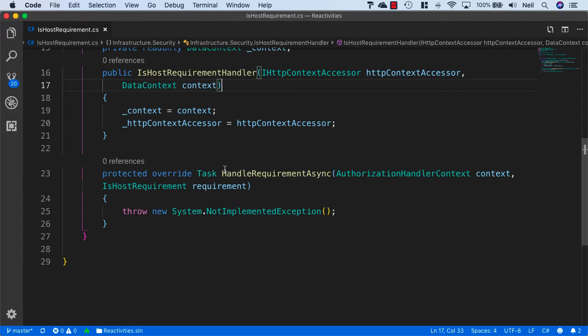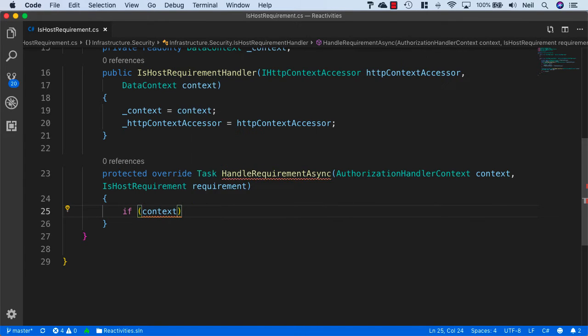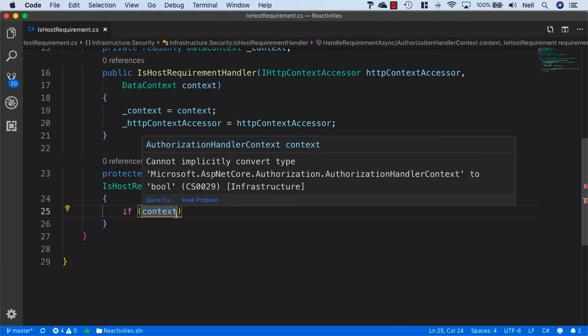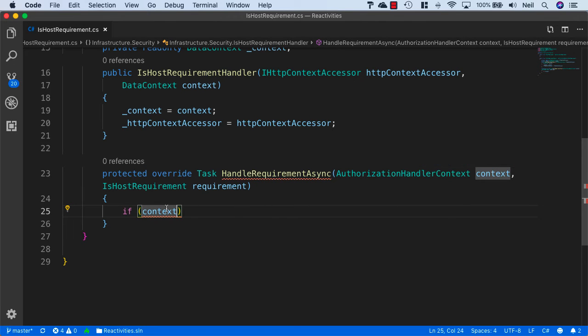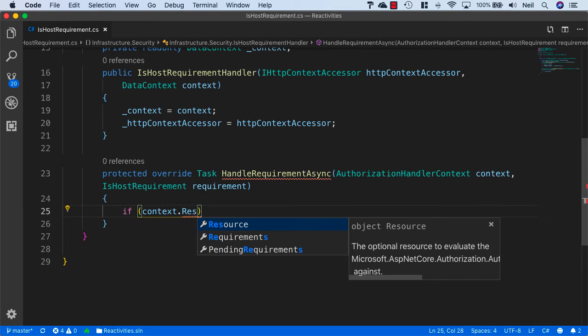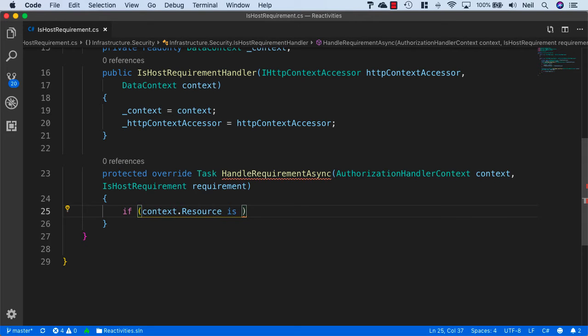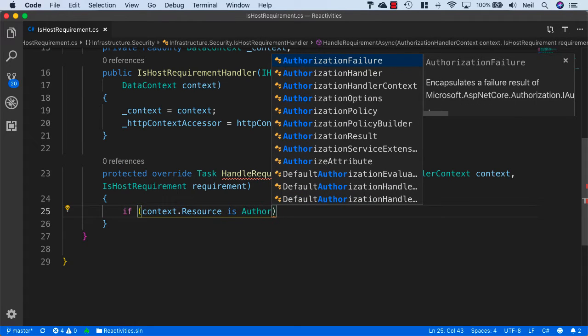So inside the logic of our HandleRequirementAsync, the first thing we want to do is add a check and say if context, and this is going to be our AuthorizationHandlerContext we're accessing here. It's a bit confusing because we have two things named context, but when we're accessing our database context, it's going to be underscore context and not just context. And we want to check to see if the context dot Resource is an AuthorizationFilterContext,